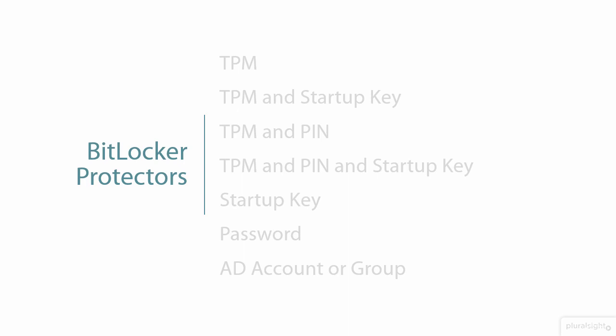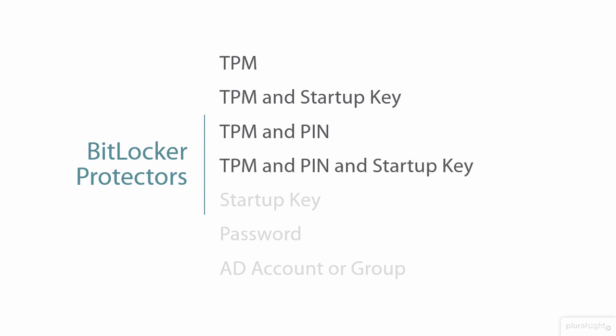There are a variety of these BitLocker protectors you can choose. There's the TPM chip alone. There can also be the TPM with a startup key, so having that USB key in addition to the TPM chip. You could do TPM and PIN, so punching in a multi-character PIN in addition to the TPM chip. Or the TPM, the PIN, and the startup key all in combination to decrypt that disk with what are presumably